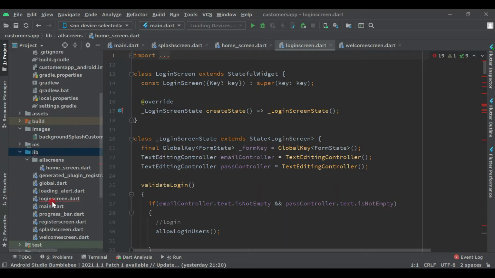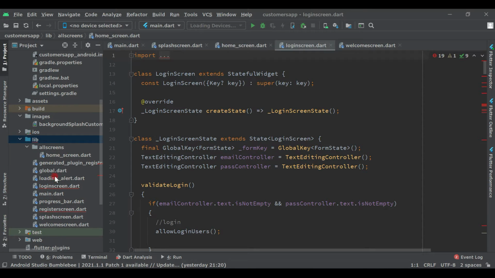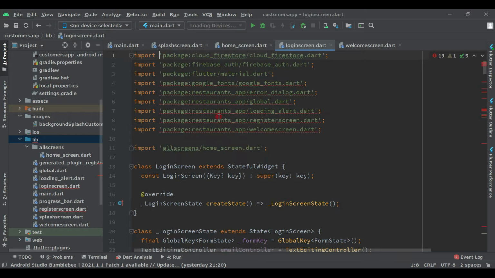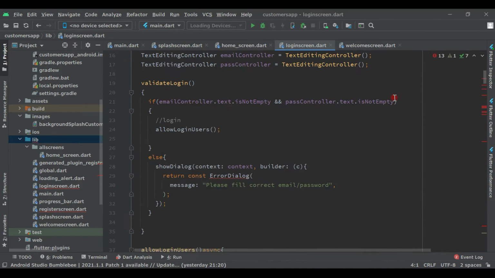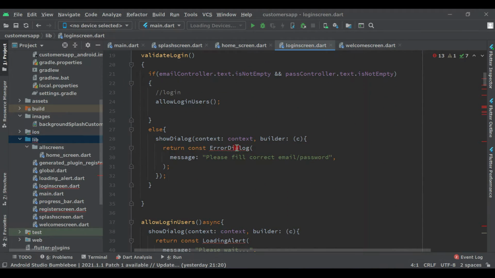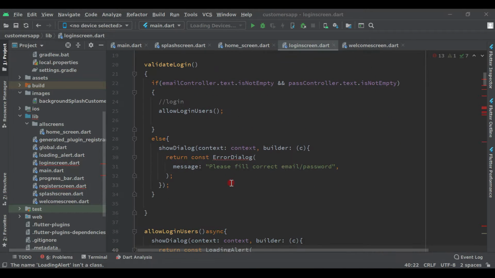Now as you can see, the login screen and the registration screen are here. So now we are on the login screen. Open this, import, and just remove all these error lines. Now let's import this error dialog one by one. So click on it, and here it's not showing a suggestion to import this